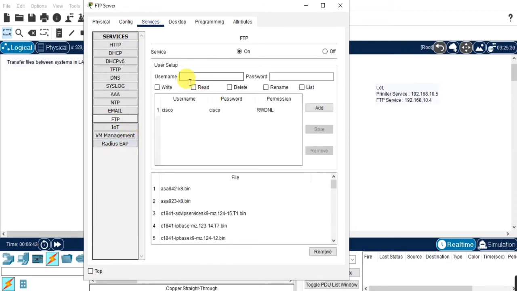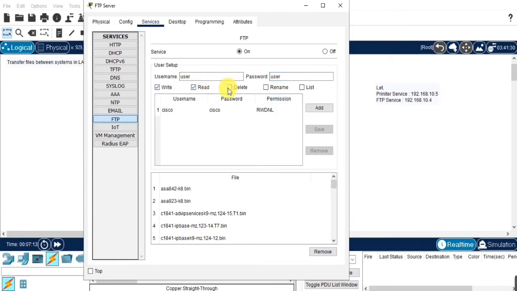Now when we come back to the FTP, we need to set a username and password. Currently I am giving the username as user and the password is also the same.